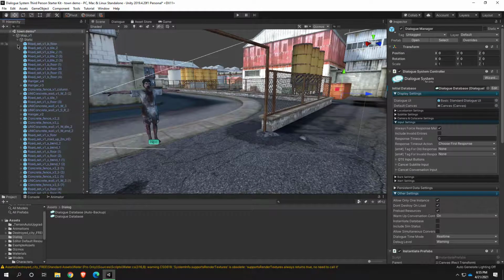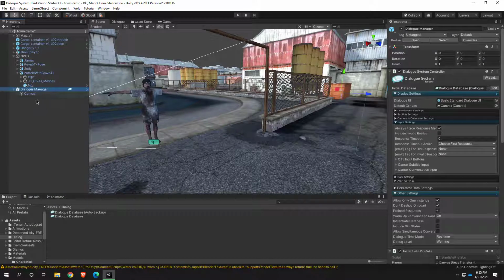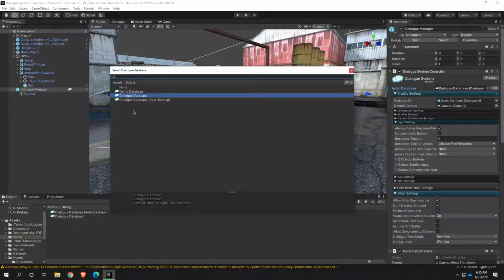Anyway, you want to make sure that your dialog manager prefab is in your scene. I'm actually going to go up here and collapse that so it's a little easier to deal with this hierarchy. You want to make sure that it has the correct database in place here. So if you made a new one, make sure you're using the new one that you made and not just this generic one that I included with the test